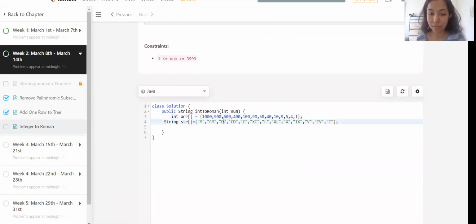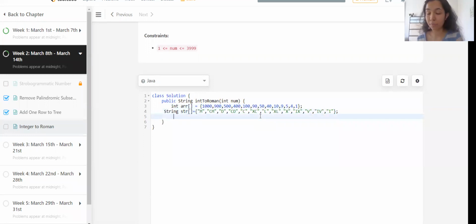Similarly, 500 we can represent as D, 400 as CD, 100 as C, 90 as XC, 50 as L, 40 as XL, 10 as X, 9 as IX, 5 as V, 4 as IV, 1 as I.